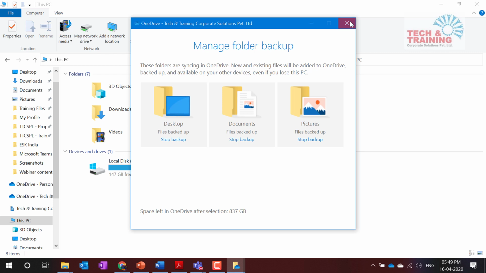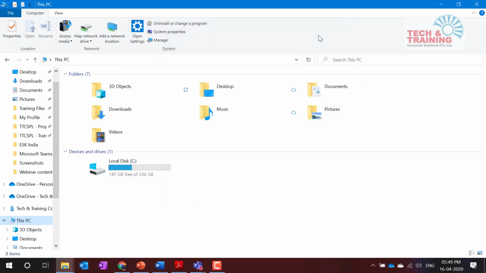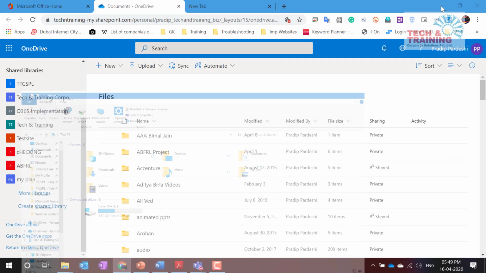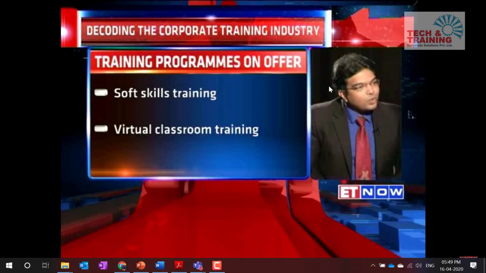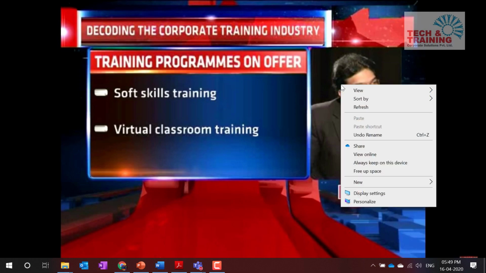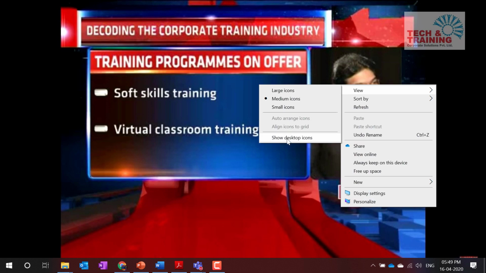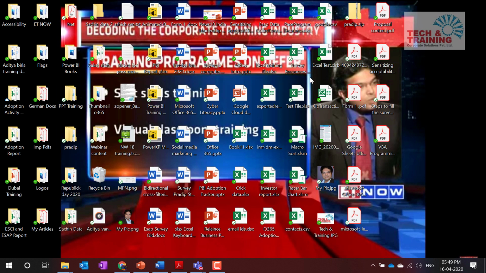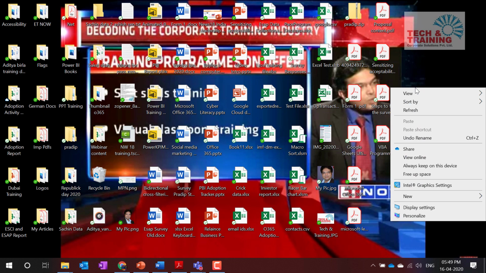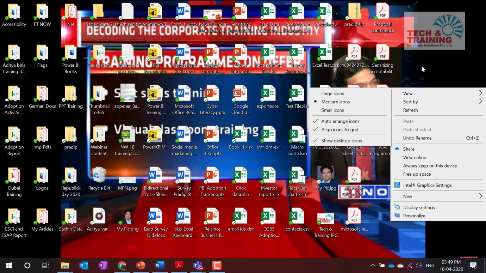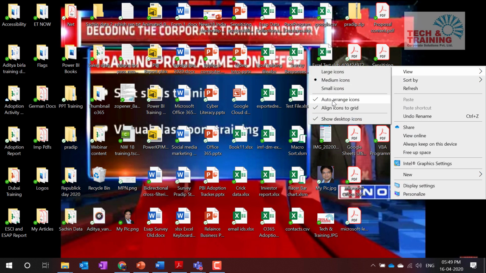Now, as I said, I do not store any file outside OneDrive, and even the desktop, because we have the habit of saving everything on the desktop. Let me show you. My desktop at the moment looks like this, but there is a Windows feature. I can right click, view, and show desktop. My desktop looks like this originally. I'm very bad at managing my desktop. So let me show you how to hide these files. Right click, view, show desktop, uncheck this.